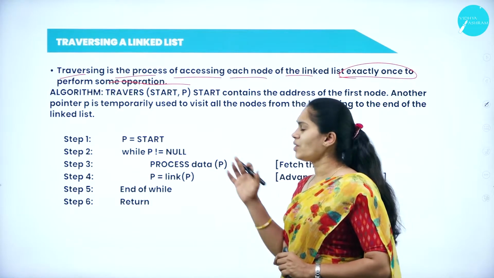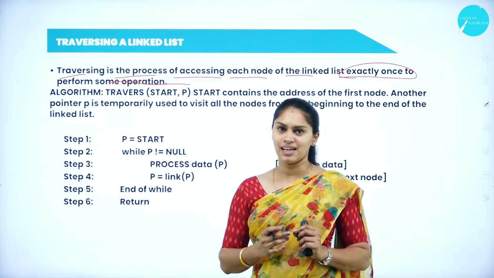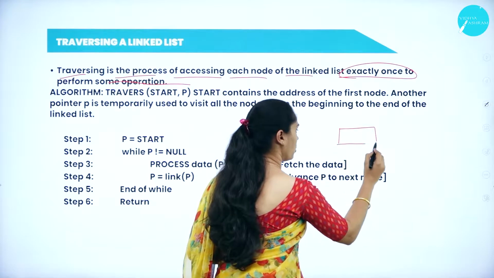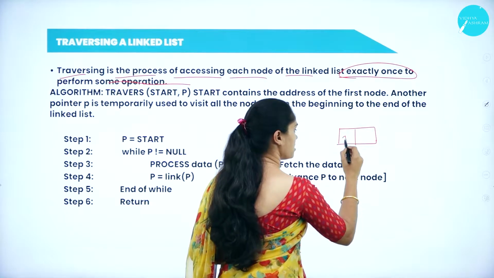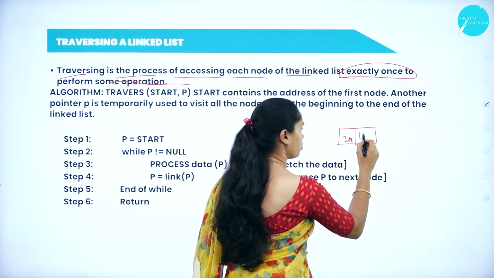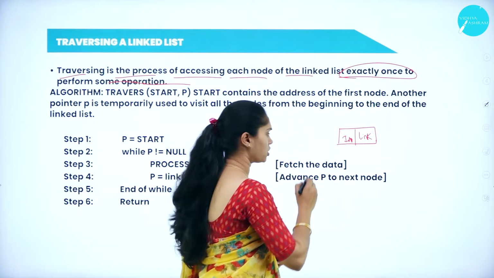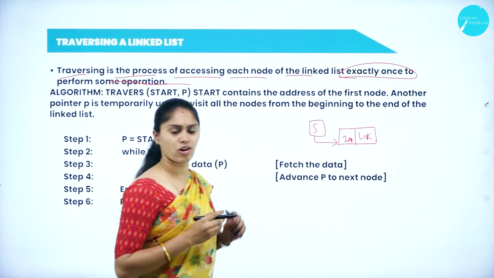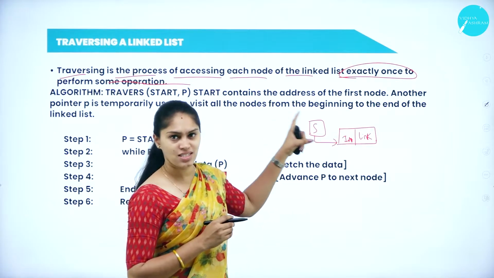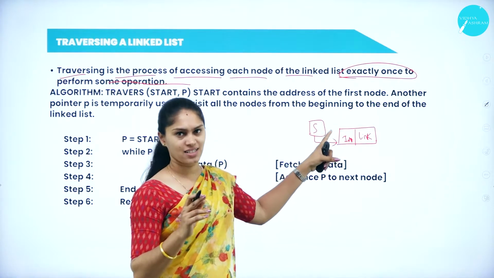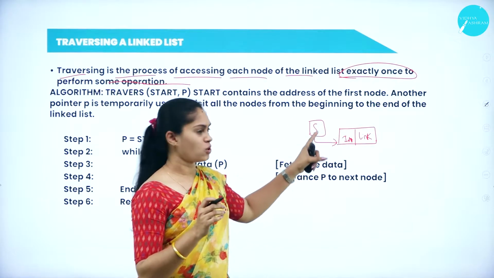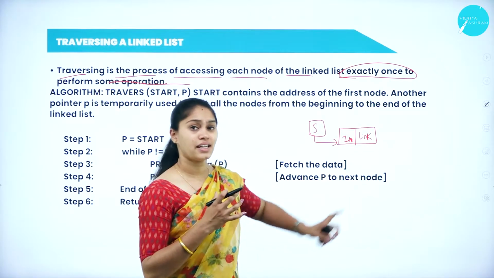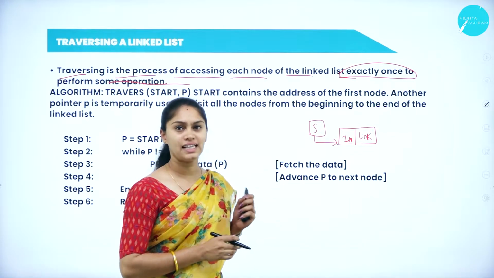So then, how are we going to do the traversing in the linked list? As I discussed, this linked list node is going to have 2 parts, right? One is info and another one will have the link of the next node, and the start node will point to the first node of a linked list. So when the start node is null, that indicates that it is the first node. When the link node is null, that indicates that it is the last node of a linked list.